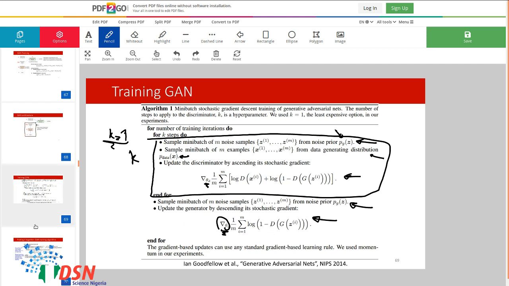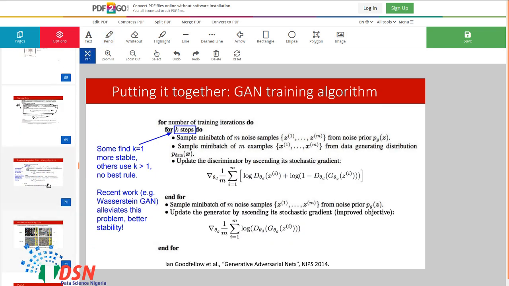Okay, but some recent papers like, as you could see, WGAN found out that maybe other k also perform well to update the discriminator and the generator.